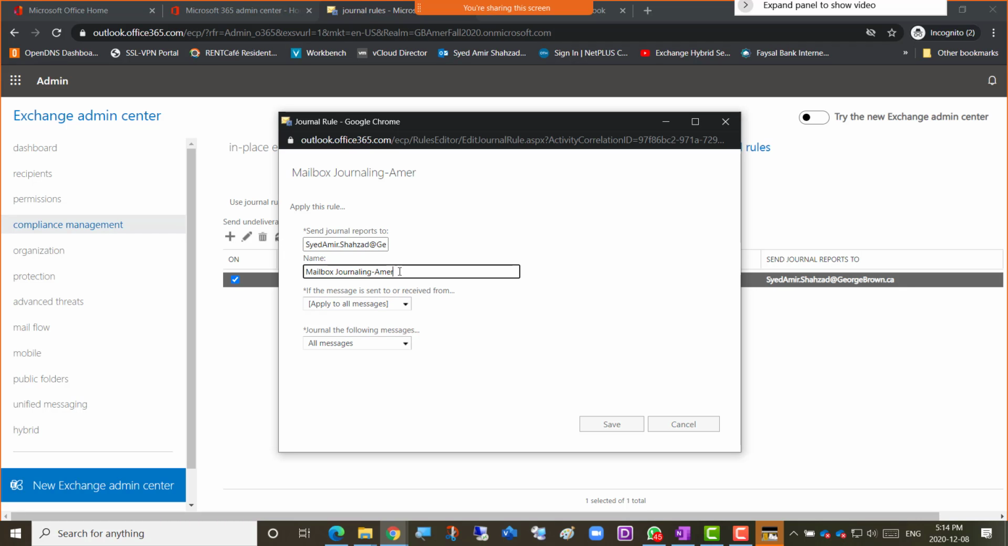And whatever name you want, well, it's mailbox journaling dash your first name. Apply to all messages, and all messages. So that's all we did. And then go ahead and press save, and so if you have successfully created it, then